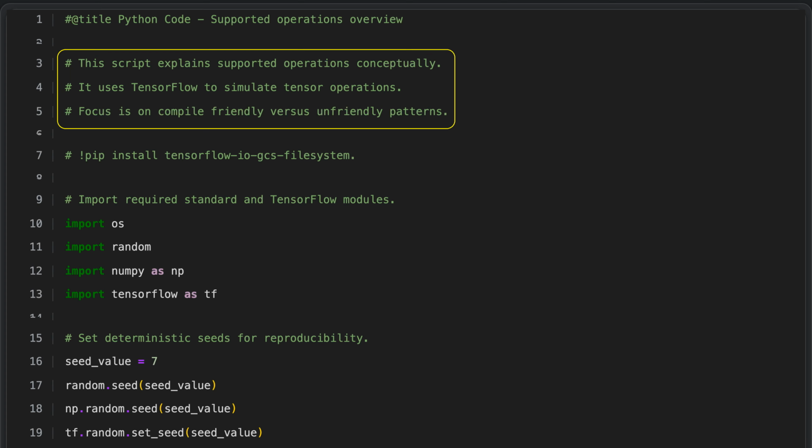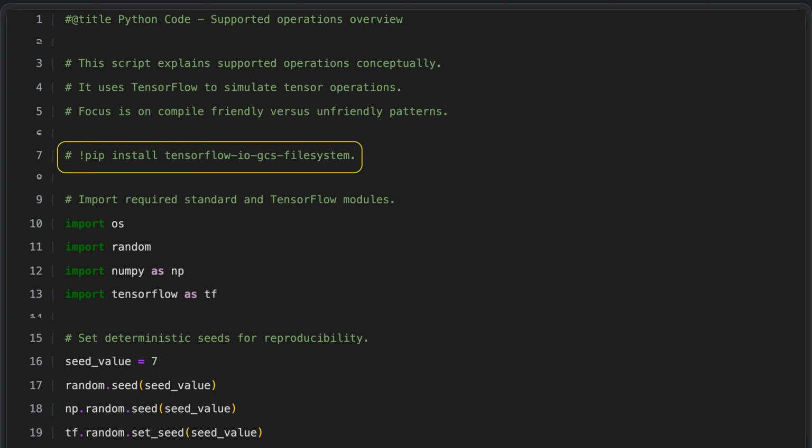efficient, optimized execution. The commented line refers to installing the TensorFlow.io GCS file system package, which allows TensorFlow to work directly with data stored in Google Cloud Storage. Because the line is commented out, it indicates that this installation step is optional or may have already been done in the current environment. In practice, you would only need to enable it if your workflow requires accessing data from